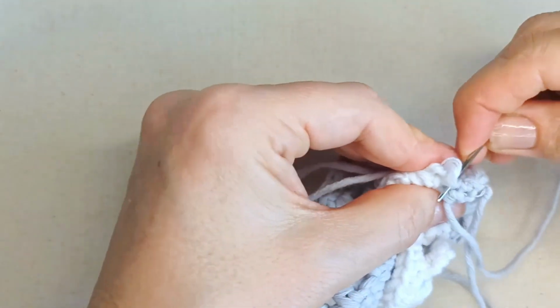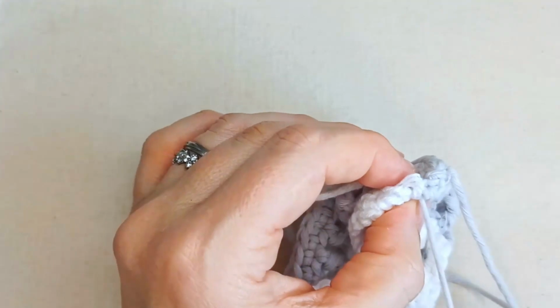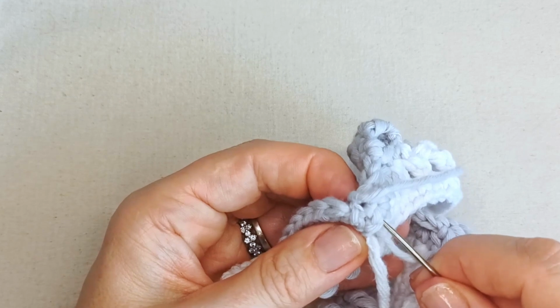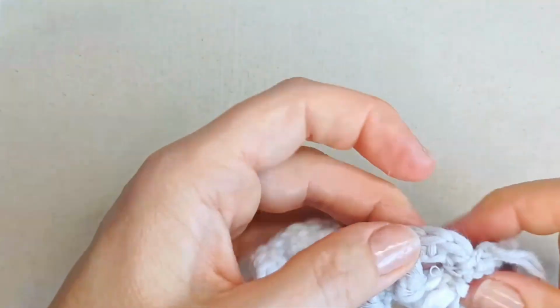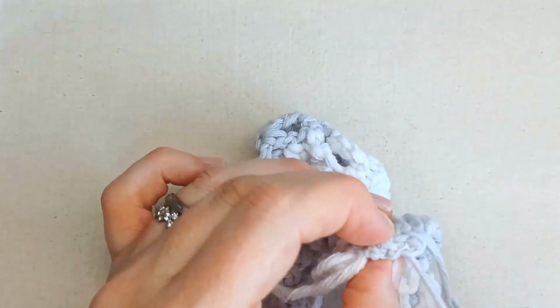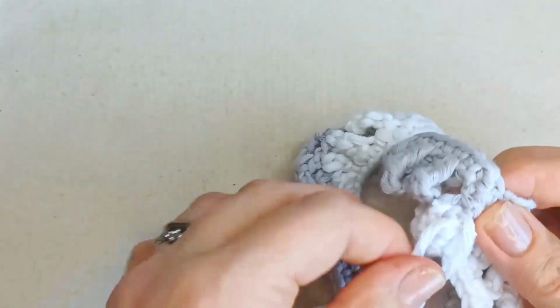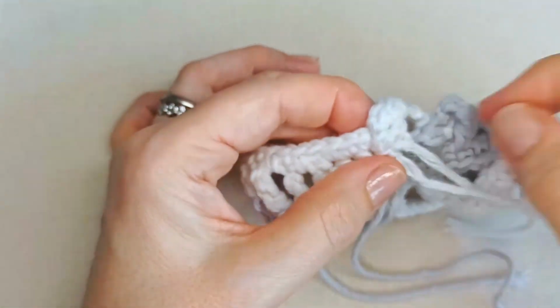I always use these tail ends as an opportunity to clean things up as well. So what I'll do is I'm actually going to go back down that side. I could have done it with this first tail, but I'm just going to bring that edge a little bit further together. A little bit closer together. There, like that. So you want to make your join as neat as possible, and I'm going to do the same actually with my white